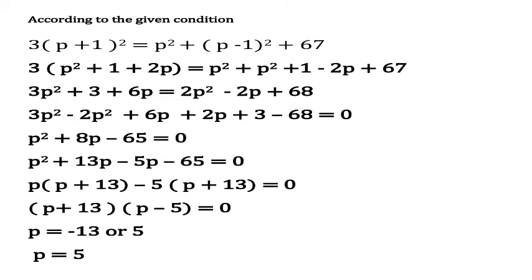Read the question carefully. Understand the meaning of each and every one. Try to represent the given quantity by the unknown variable. Find out its relationship. Try to represent them by using an equation, using plus or minus signs. Then correlate the variables, then you will get an equation. So here the question was to calculate the value of p. So directly write the answer: p is equal to 5. We need not write any more conclusion.